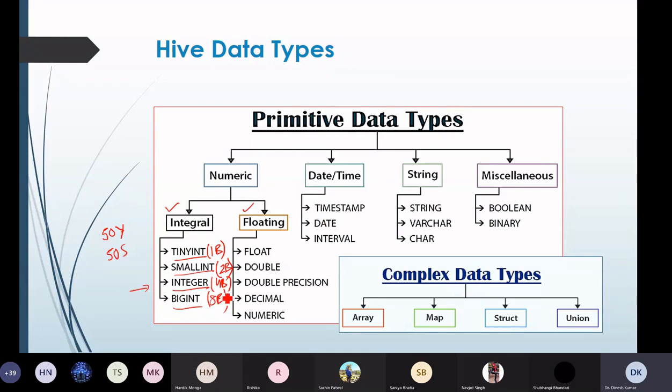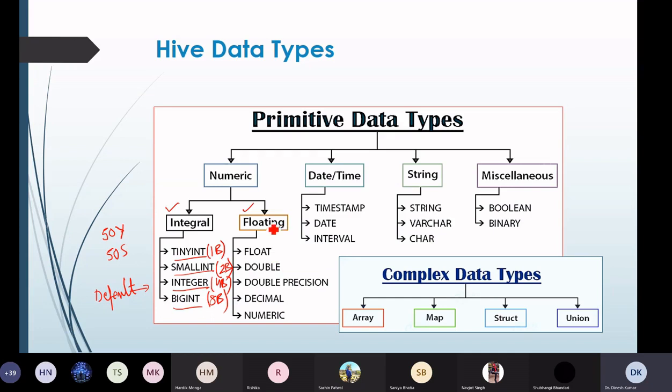This way we can further specify which type we would like to generate, but by default integer is the default type. If your data is smaller than 4 bytes, you can do it like this, with the number you can specify this character. So it will say it is a tiny integer and it will take 1 byte.